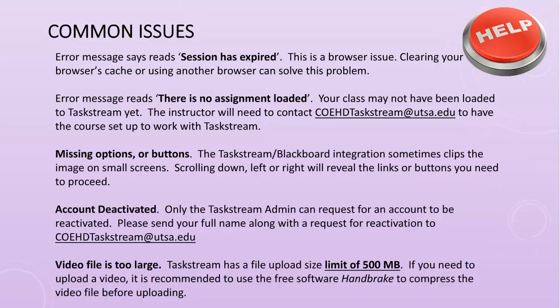This slide lists common technical issues. Taskstream requires that users allow pop-up windows and third-party cookies. Clearing your browser cache or allowing third-party cookies will help prevent this issue. If you get an error that there is no Taskstream assignment loaded, your course may not be set up in Taskstream. The instructor will need to contact COEHD